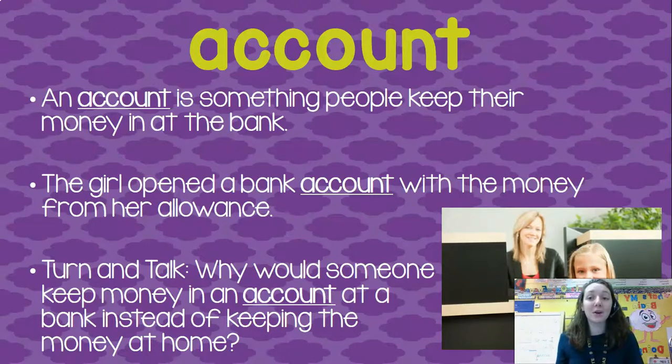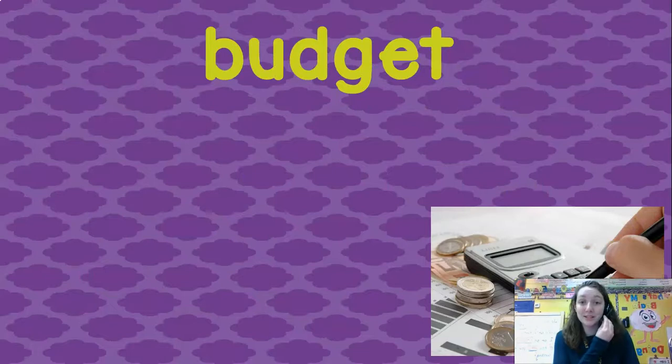So for an account, since it's where you keep your money in the bank, we're going to protect. This is like a money sign, like money. So you're going to do this, and then you're going to protect it, because that's what the bank is doing. It's protecting your money. So ready? Account. Protecting the money. So we have received, and account. There's going to be a lot of money words, so make sure you're really distinct with them. So account, protecting it.